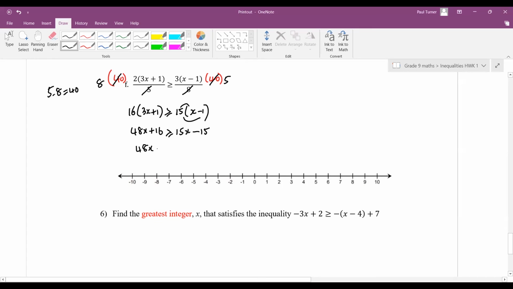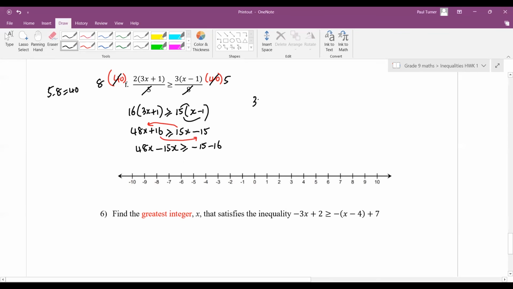So 48x minus 15x is greater than or equal to minus 15 minus 16. So basically, again, just move things around. Put your 16 on the other side and put your 15 on the other side and change the signs. So 48 minus 15, that's going to be